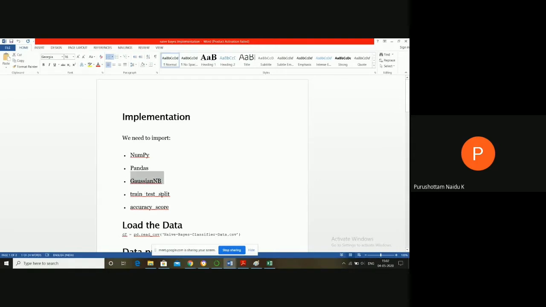The train_test_split method is used to split the data into train and test. The accuracy_score method is used to calculate the accuracy of the model.